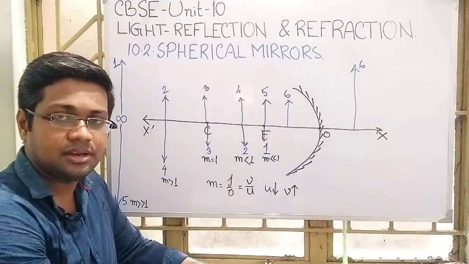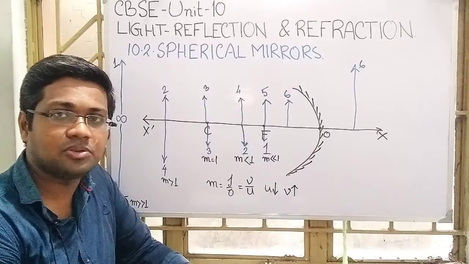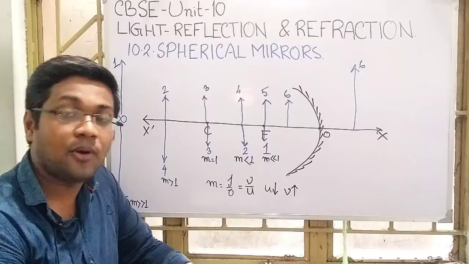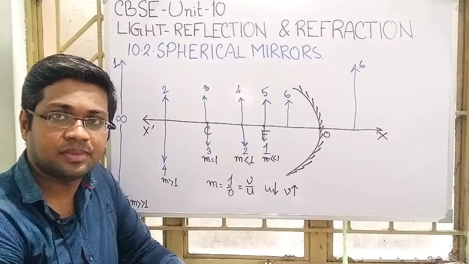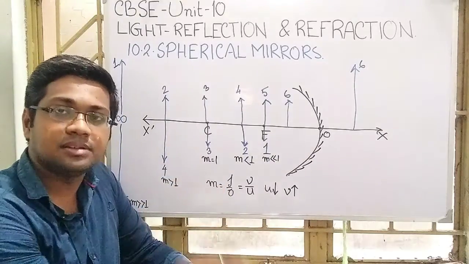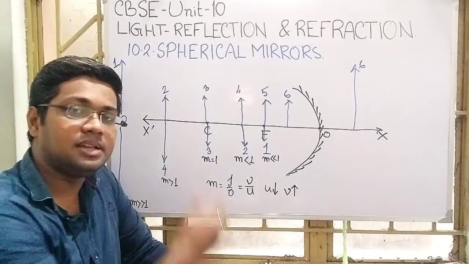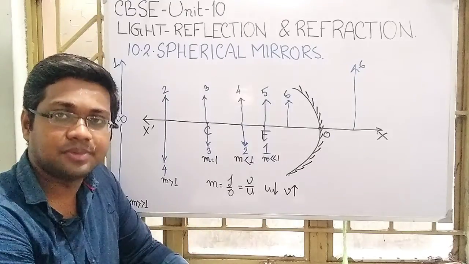I think this understanding will help you in doing the numericals and solving the short questions. All the time it is not possible to draw the ray diagrams following the golden rules of construction of the image. Okay, we can relate these things by this diagram, and we can relate them by the table that we have drawn in the previous video.